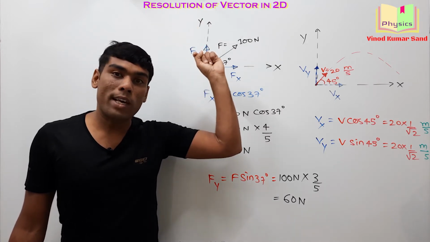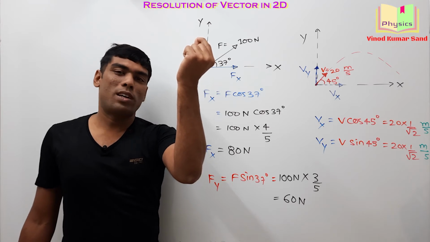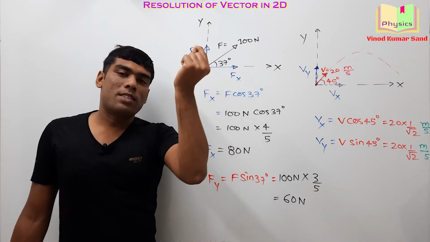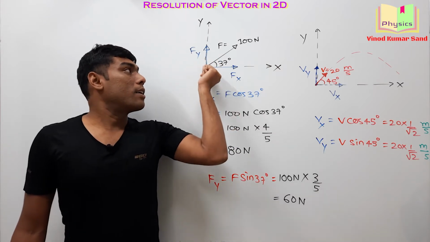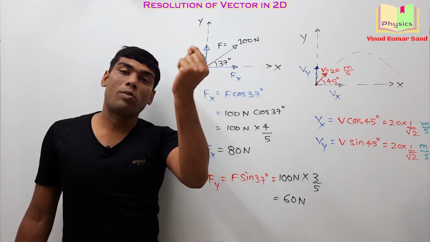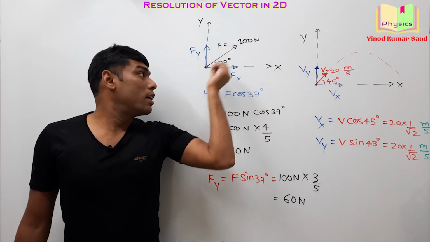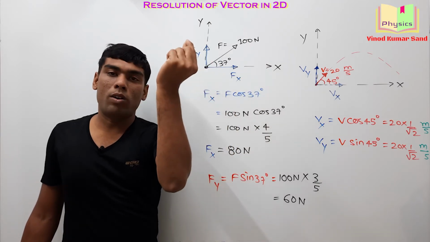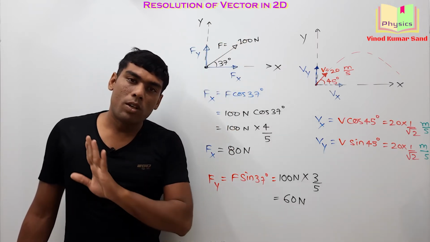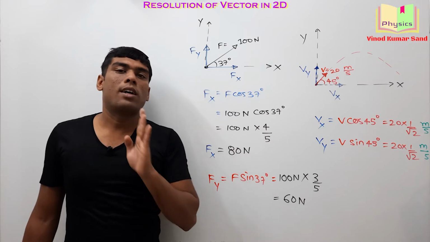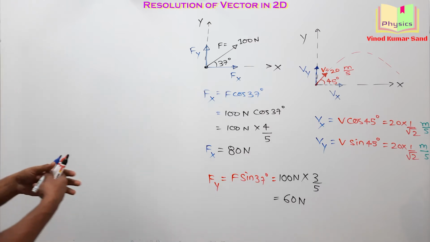Newton along the y-axis. And how much will be the effect along the z-axis? Post your answer in the comment box. The effect along the z-axis will be 0, because the component of a vector perpendicular to itself is always 0. The 100 Newton force is lying in this plane of the whiteboard and the z-axis is perpendicular to the whiteboard. So the component of 100 Newton along the z-axis will be 0. This force will have no effect along the z-axis. Getting it? Let's take another example.